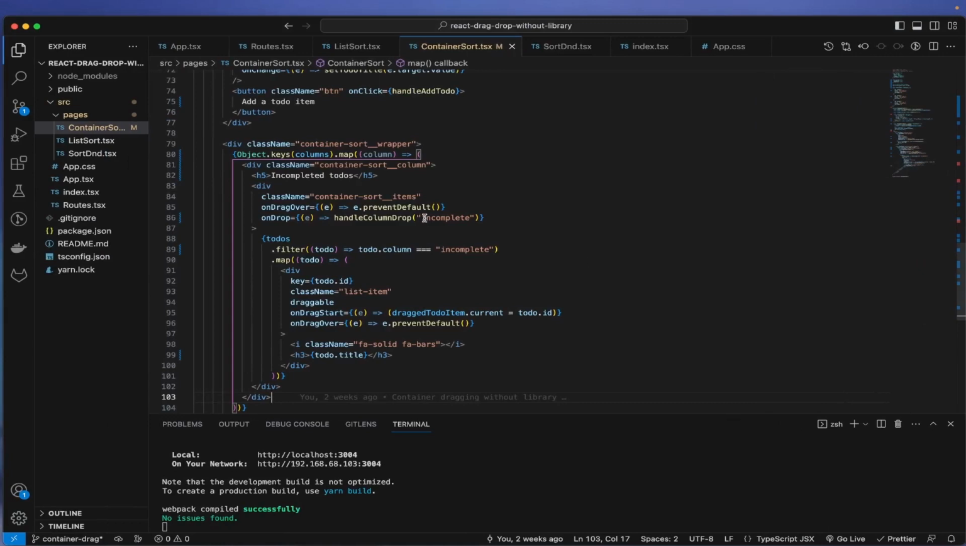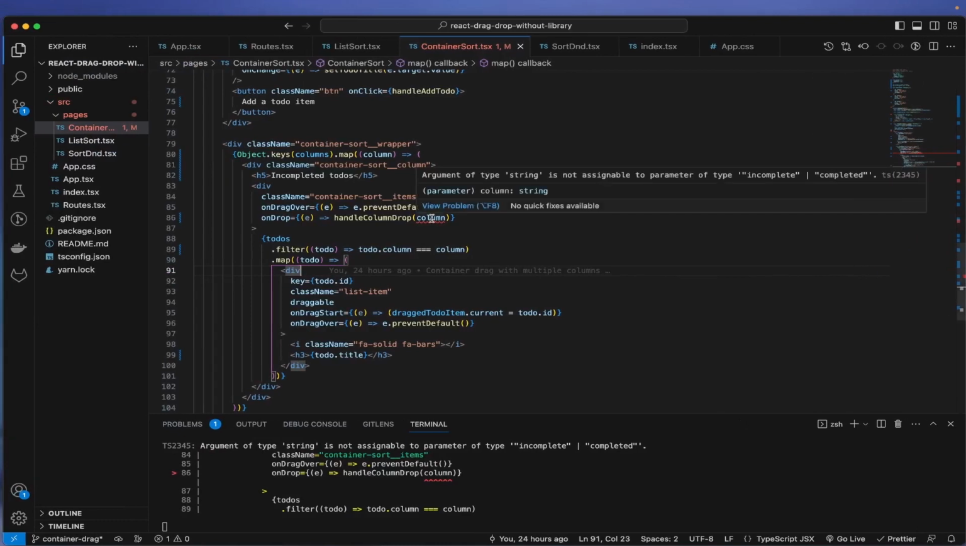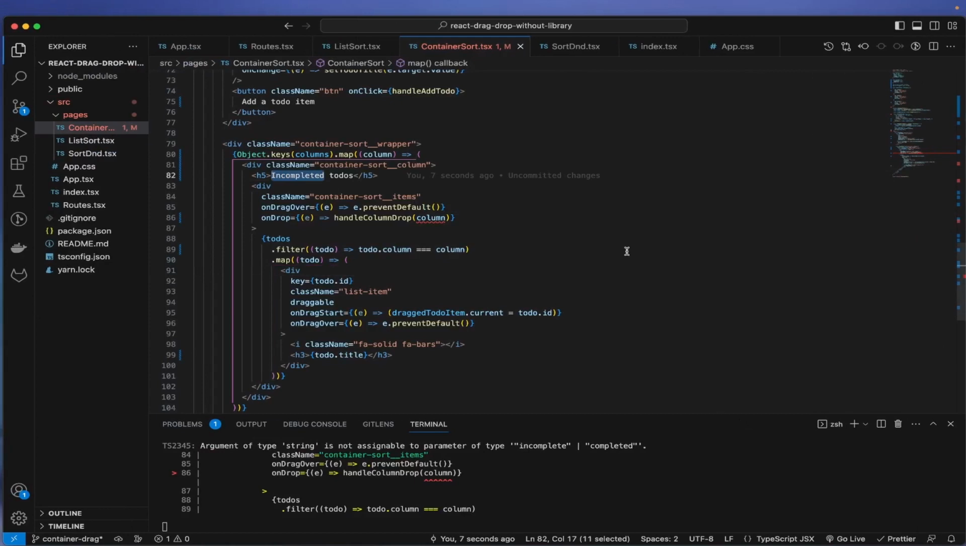First of all, instead of having this manually typed things here, what I can just say is column. And then also, instead of checking it here, we can just do column. And okay, we are getting some warning here. I think it's type related. And also here, incompleted, we can just take this column to